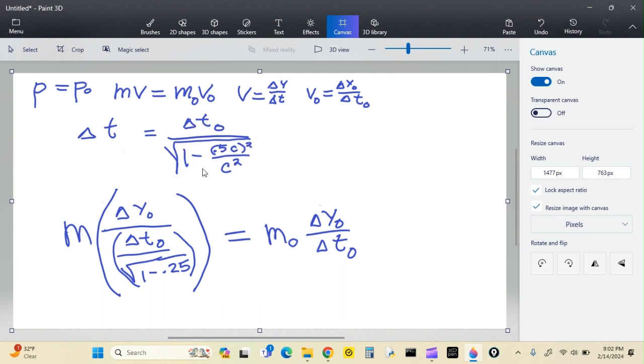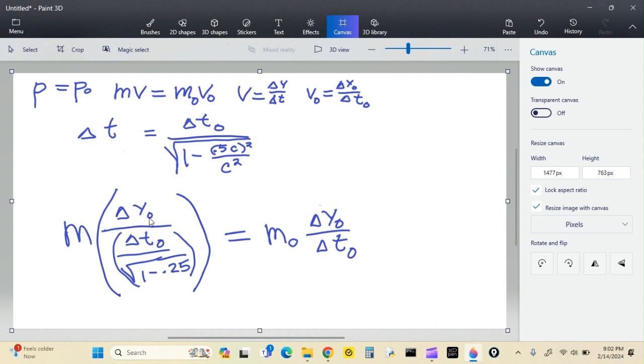So what we need to do is take this v sub 0 and put all these different plug-in things that we have. This v, and plug in all the stuff that we have. The v is delta y over delta t. Here's the m, well, the mass. That's what we're supposed to be talking about.